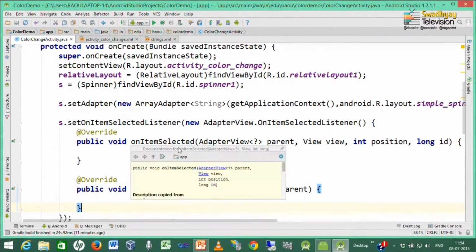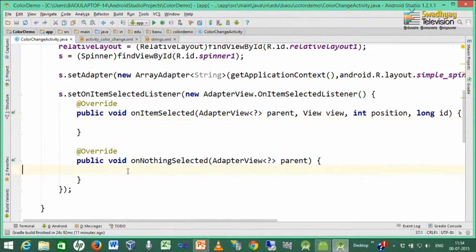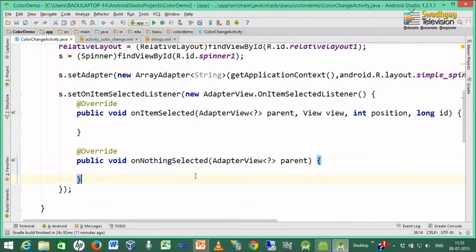One is onItemSelected, which fires when the user selects an item from the spinner, and the other, onNothingSelected, fires when you press escape or cancel the pop-up menu and do not select anything from the list.